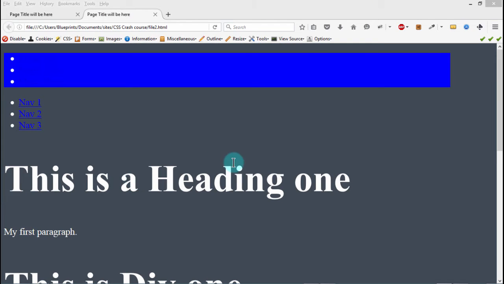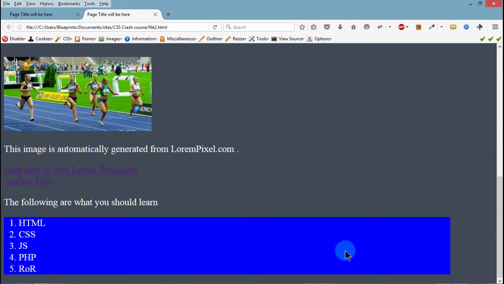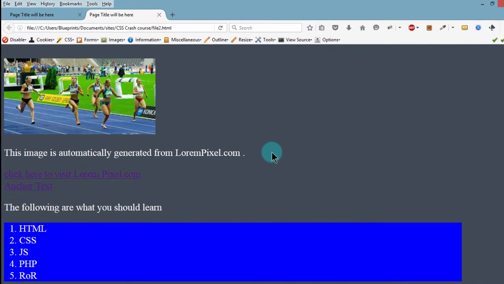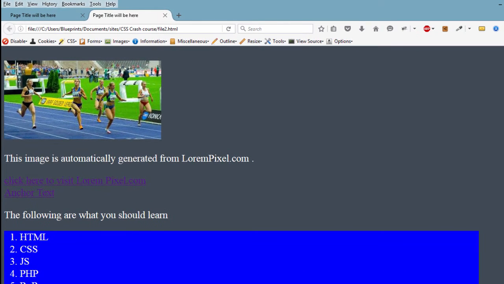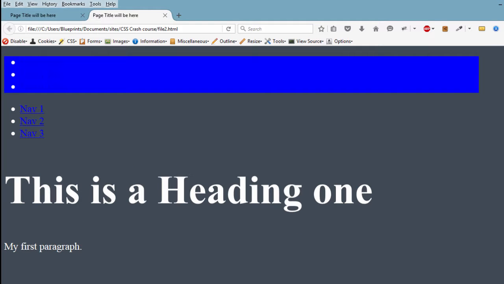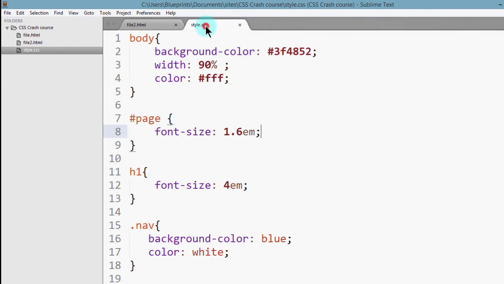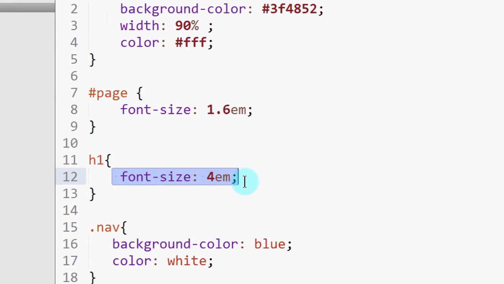Coming back here in the browser, you'll see that this and this have the same background, and that is because we gave them the same class. So a class can apply to as many elements as you want. So I want to go and remove some of this styling. So if I come here into style, I will comment that one out, and this is how you